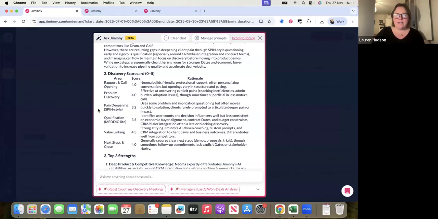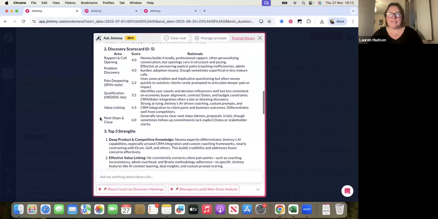So very quickly, I can pinpoint here that I'm really strong on my value linking. My value linking out of 5 is 4.3. So I know that I can probably tick that off the list and think, right, I've kind of nailed that. What I need to focus on maybe for next quarter is pain deepening, so digging a little bit further into that pain. What are the pain points for the customer or prospect? Also, my qualification, looking at MEDPICC or MEDDIC, so aligning on understanding who the economic buyer is and any budget constraints. So very clearly, I can see there are two areas that I can work on next quarter to improve.